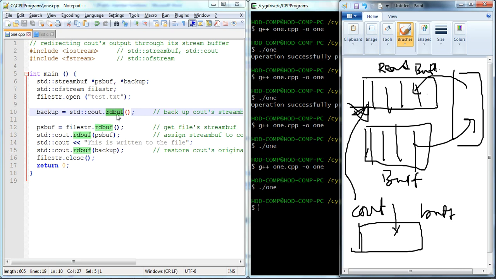But when we want to assign the cout pointer to the stream buffer, cout's pointer is assigned to this stream buffer, not the actual cout buffer. Then we use rdbuf, and cout points to this file stream buffer, not the default cout buffer, right?